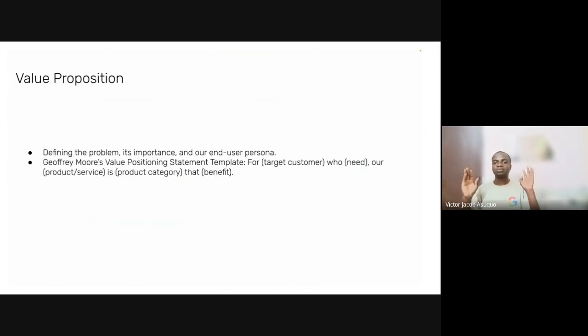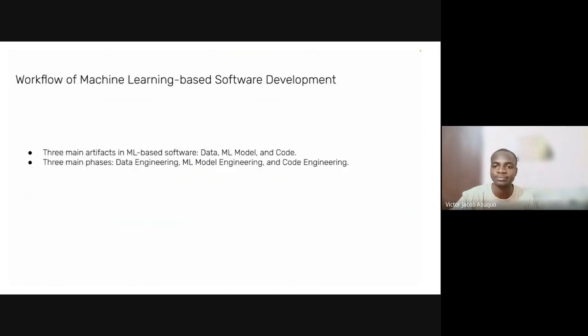Simple. You can use this to measure the value proposition of your product or service. Define the problem, its importance, and the end user persona.